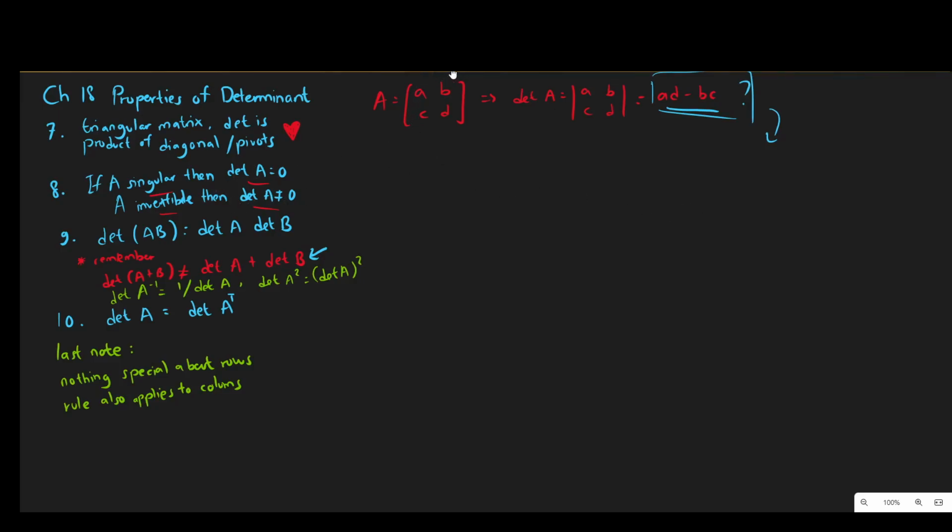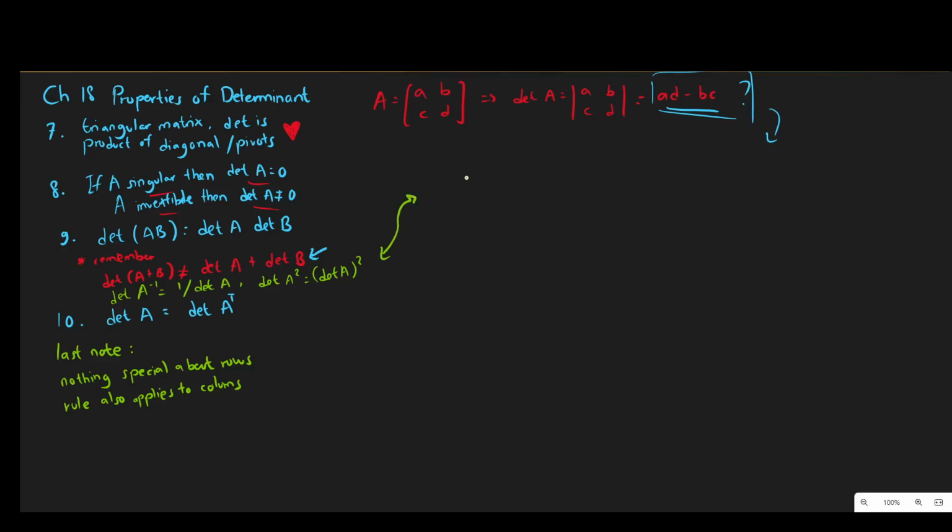So properties 8 and 9. Property 8 says that if the matrix is singular, then the determinant is 0. If not, then it's not 0. And property 9 just states that the determinant of AB equals the determinant of A times the determinant of B. And actually property 9 brings us some new